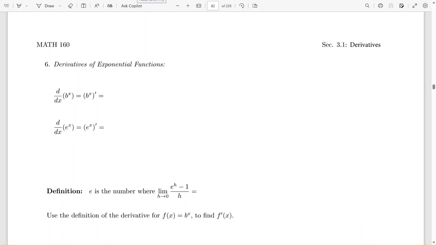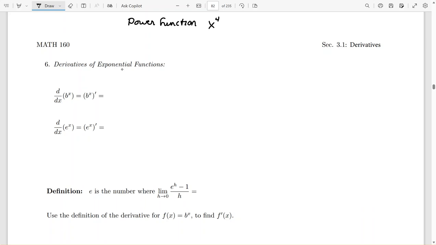Okay, next we're going to talk about taking the derivative of an exponential function. There's a difference between what we just talked about and the exponential function. We talked about earlier the power function. So a power function, just make note of the difference between the two here. The power function looks like this, where you've got x raised to some power, like 4. And then we could take the derivative by bringing the 4 down in front and then decreasing by 1 for